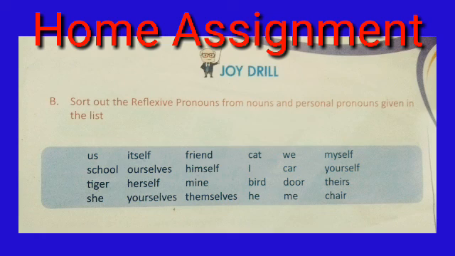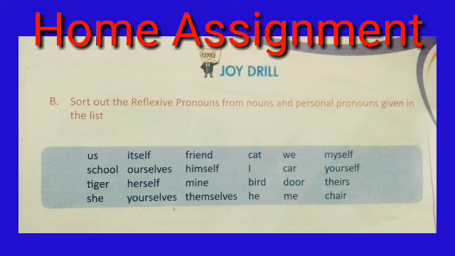And then you are to find out the words which are related to noun. The words which are nouns, that you have to write in noun category, second column. And then there are examples of personal pronoun also. Find out the personal pronouns and write them in the next column, personal pronouns. Okay? I'm going to read the words for you.